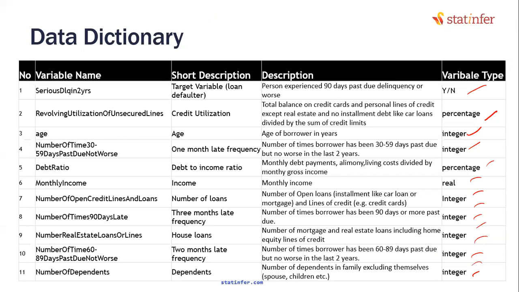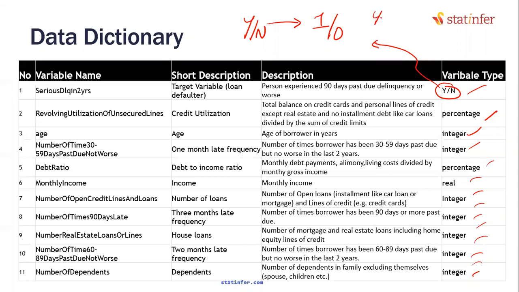Let me also observe. The first variable is a yes or no variable. Have you found the yes or no variable there? I think yes or no might not have been given as yes or no. Maybe it was given as Boolean 1 and 0, isn't it? But here you need to be careful.